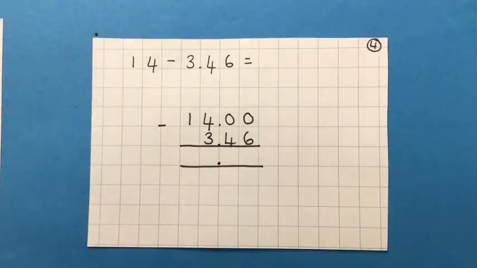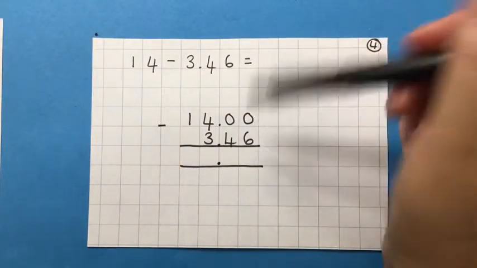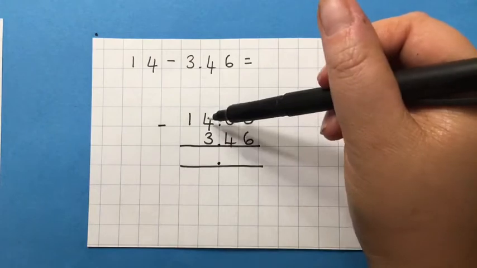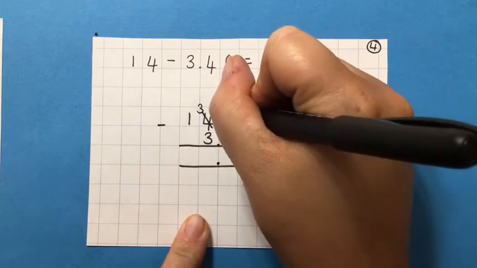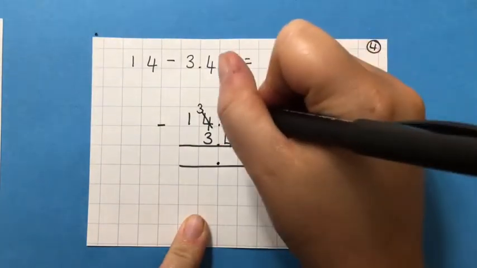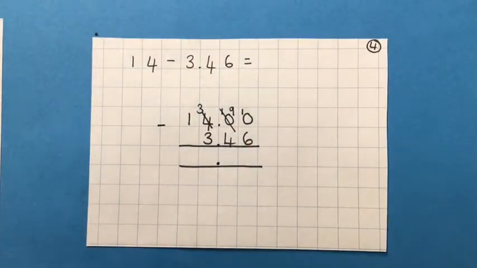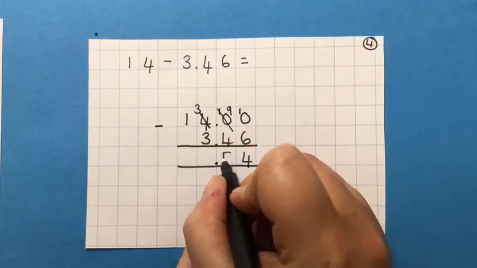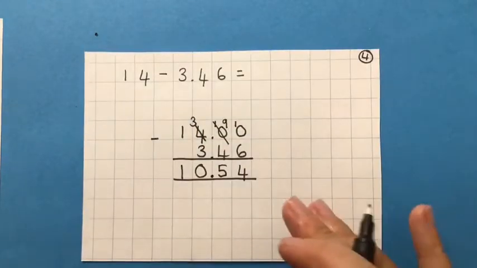Okay, so this is a perfect example of taking away from 0, especially when the neighbour is 0 too. So 0 take away 6 you can't do. So I'll go next door, there's nothing to steal from there. So we then go here and we have to take one from them. Okay, we go back next door, we give them 1, but then we need 1 to take, so we turn that into a 9 and add the 10 here. Okay, so 10 take away 6 is 4, 9 take away 4 is 5, 3 take away 3 is 0, and 1 take away 0 is 1. So the answer here is